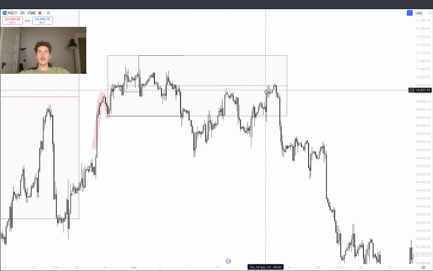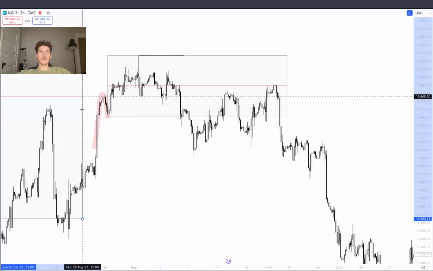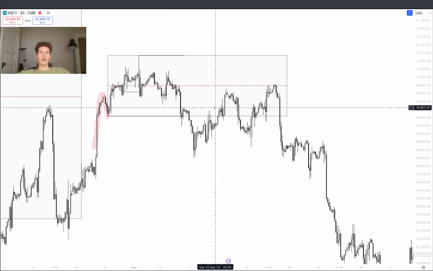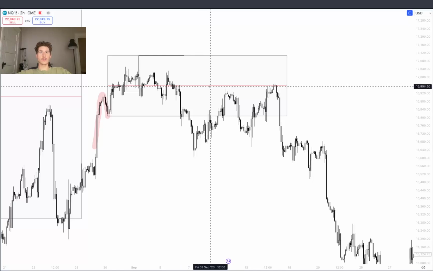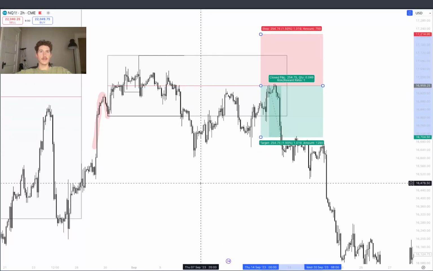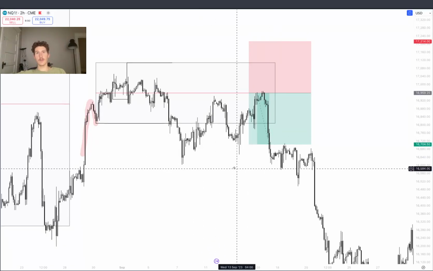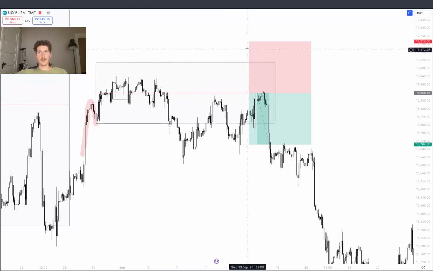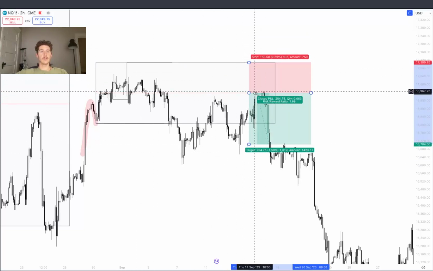And so this right here is the daily. This is the daily flip down. We've come up into the premium and we've made a 2 hour flip down. So mechanically speaking, there are two mechanical entry methods for this. One is that as long as the 2 hour remains bearish, you can just take the 50% tap or wait for a 15-minute flip